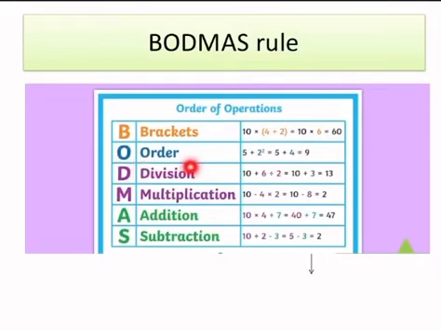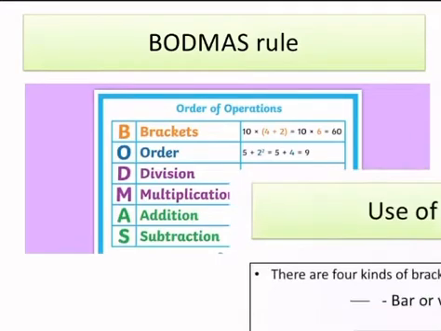O is for order or of. So here 2 raised to the power 2, that is an expression in power. We will solve that power, that order, which is equal to 4. Then we will add. And on division, first we will divide, then we will add. In this expression, you can see here is subtraction and multiplication, and according to the rule, we will follow with the multiplication, then with the subtraction. It will be as it is, like this.